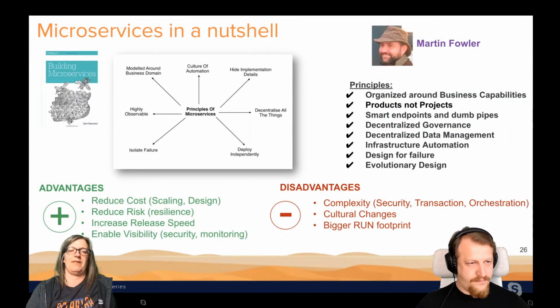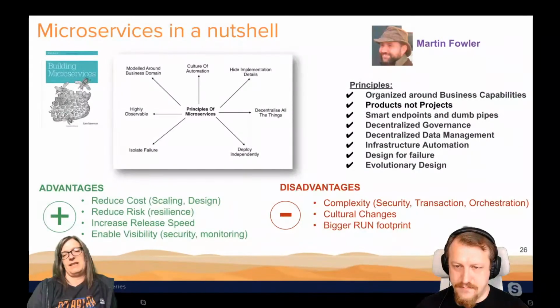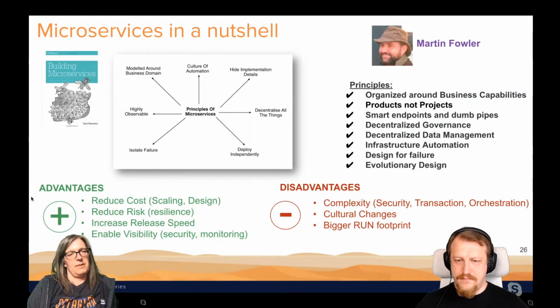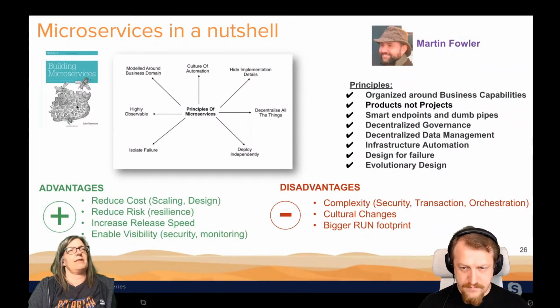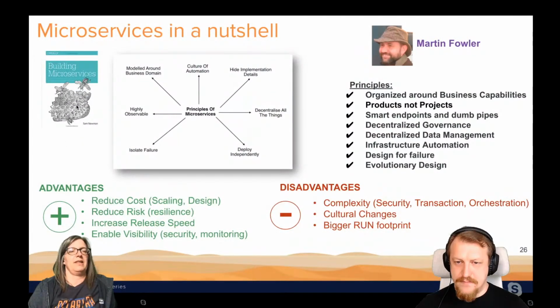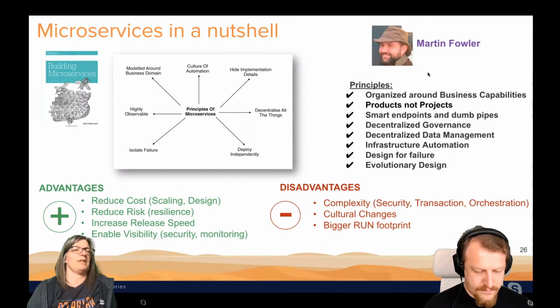You might gain something from that, for example, higher resilience and increased release speeds. It's easy to scale, perhaps easier to design, but you still also have the complexity of deploying it, and the orchestration and all these kinds of things. So I think it's an interesting discussion. Sam Newman wrote this book here about building microservices. He also wrote a book about how to go from monolithic applications to microservices. And I recommend the discussions between him and Martin Fowler if you want to take it a bit further.